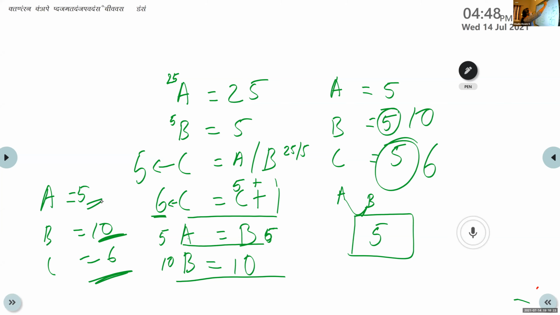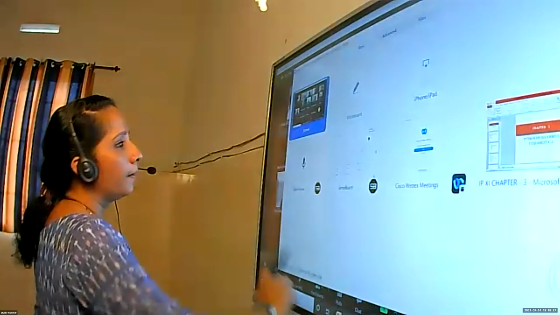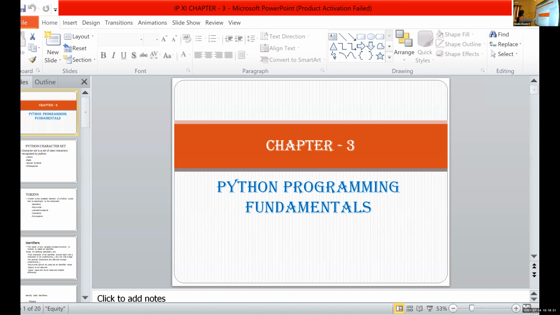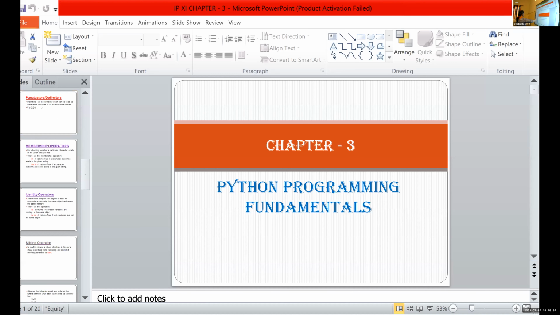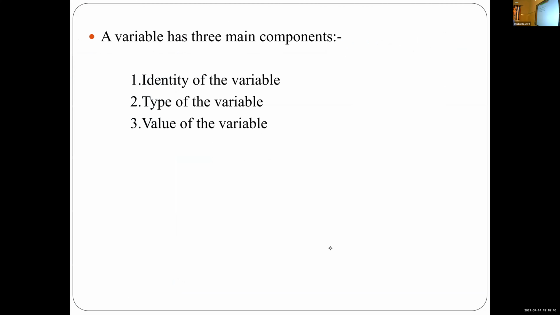So our next topic, we are discussing variables. What is the meaning of a variable, Sayujya?